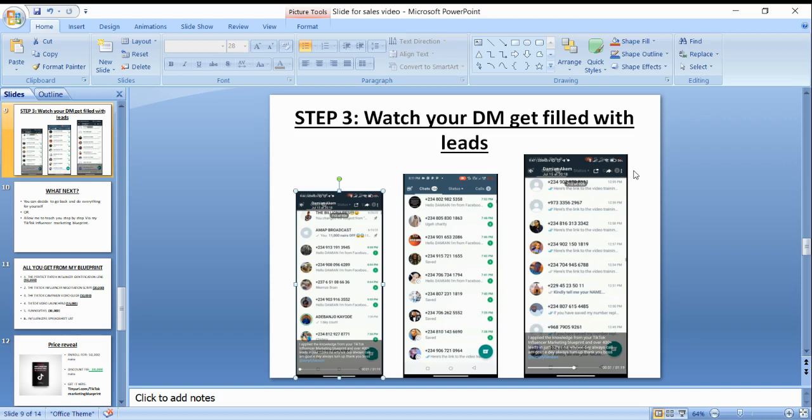So let's say the influencer helped you generate 1,000 leads for just 20,000 naira. What you need is to sign a monthly retainer with the influencer. Every month you give the influencer some amount of money, like 50K, 60K, depending on the agreement. You pay the influencer and they just keep creating videos for you. You don't even need to talk to them ever again. You just keep track of your funnel and all of that, and you keep generating leads massively. Okay, so that is basically everything you need to know about TikTok influencer marketing if you are getting started.